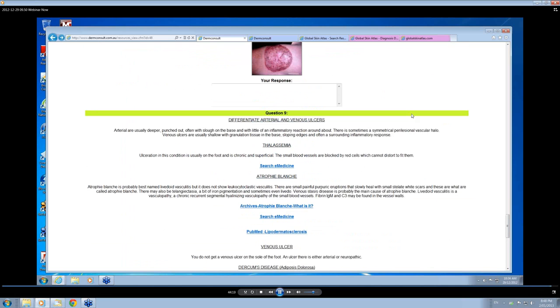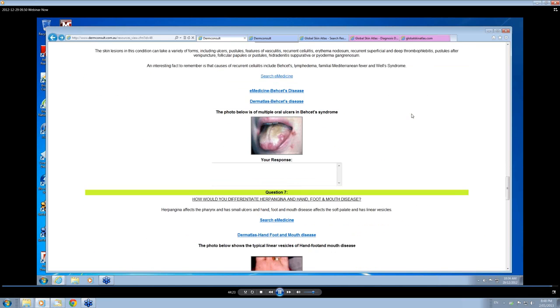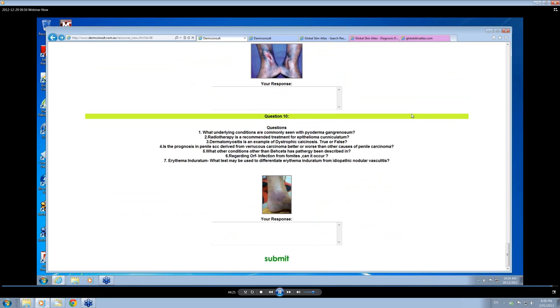Well, it's taken a long time to go through all of those, but there are some interesting conditions there. There are some questions that are there. If you want the answers to these, by the way, put some text in there. If you're lazy, just put text in and press submit and you'll get the answers. But the idea is to actually have